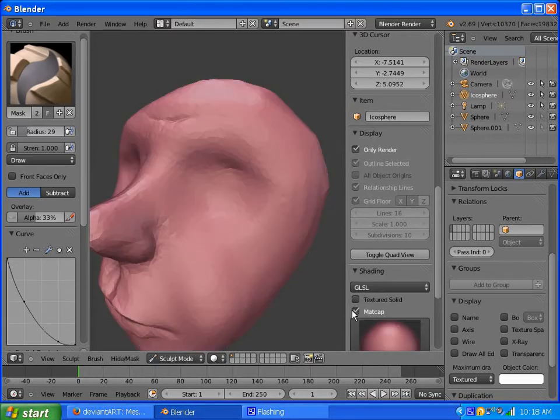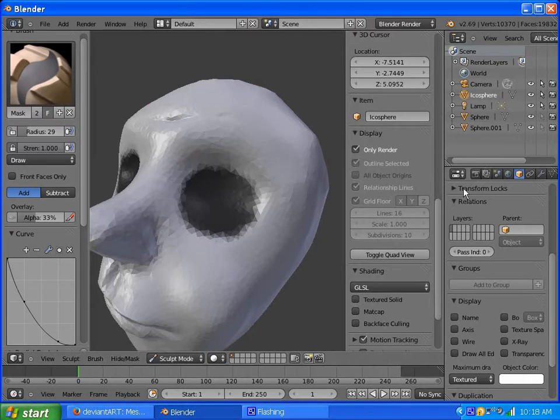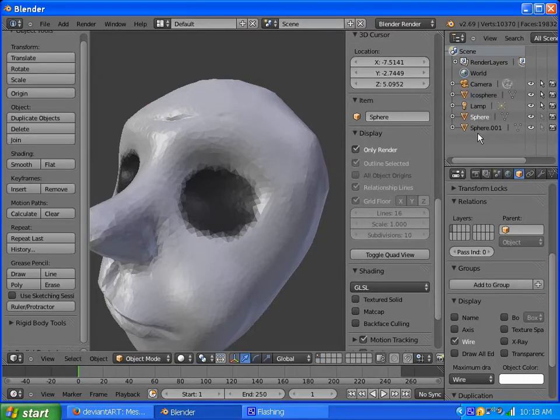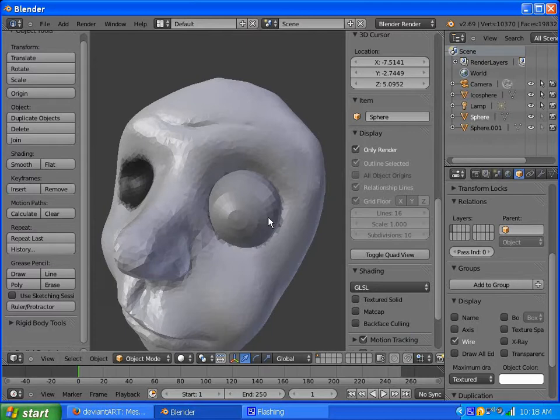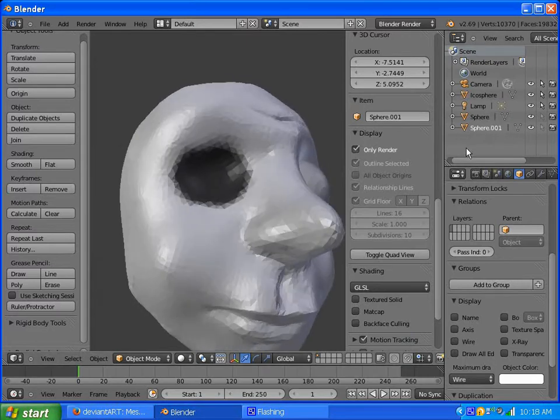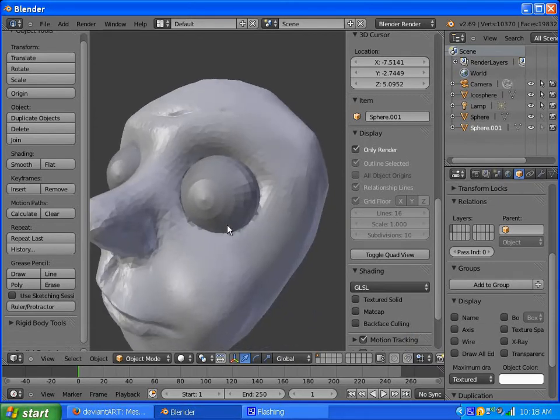Cap. Yep. Oh, the spheres I gotta set back so I can see them, but I just can't select them. There, now I should be able to